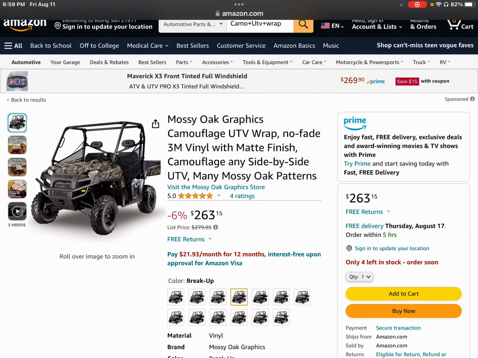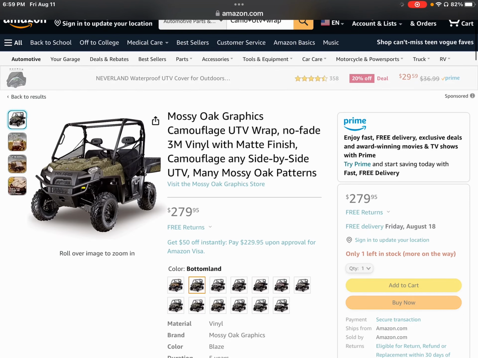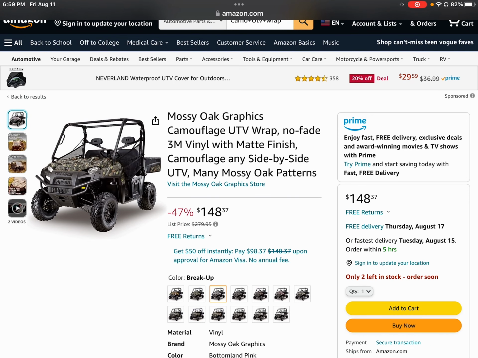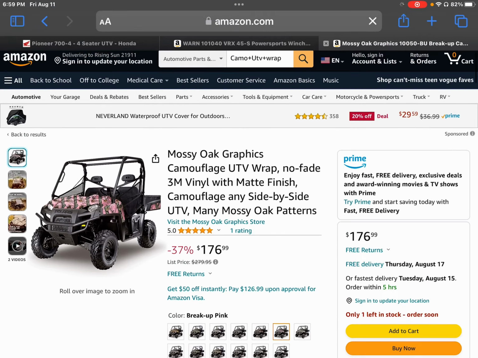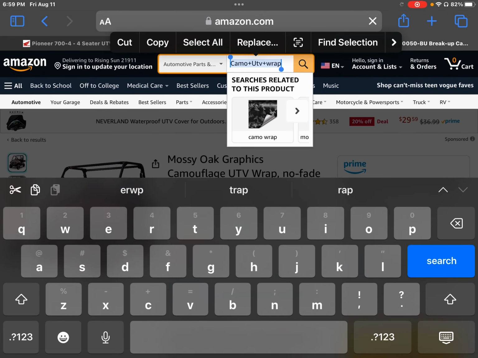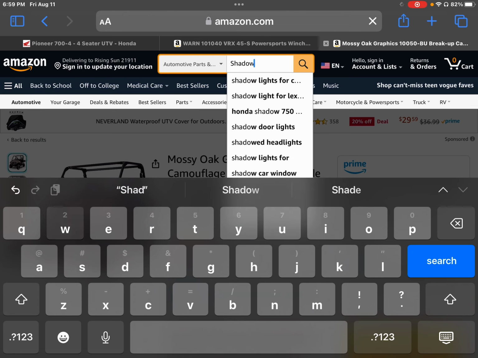You can get a full UTV kit, and this is one of the most expensive ways to do it. You could get this sweet orange. You could get any camo pattern you want for, okay, that one's $148. $263 seems to be the going price. You want to make it pink? Go for it. What I think I might do eventually when I get bored with the blue is go like a shadow camo. So, shadow camo